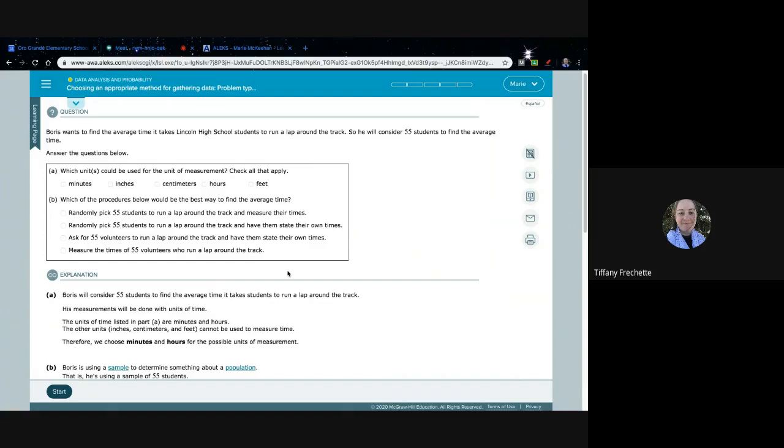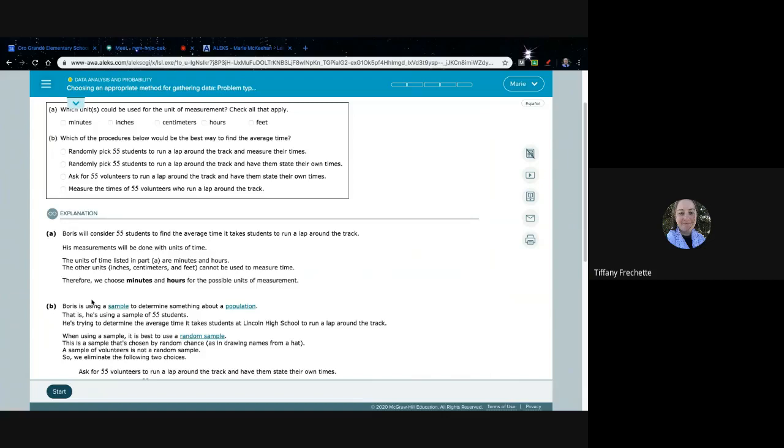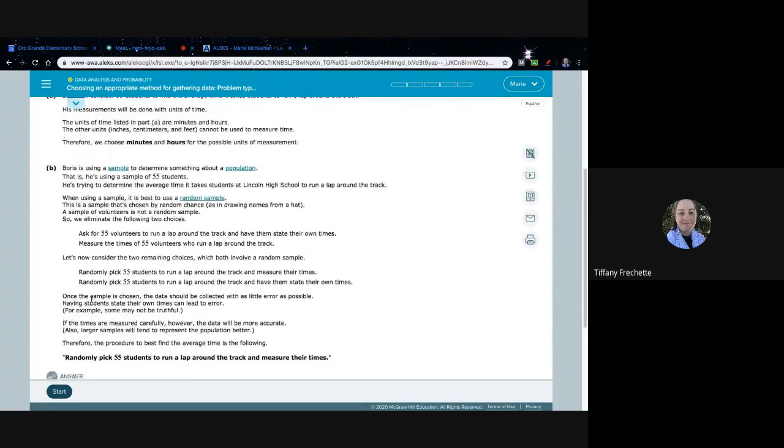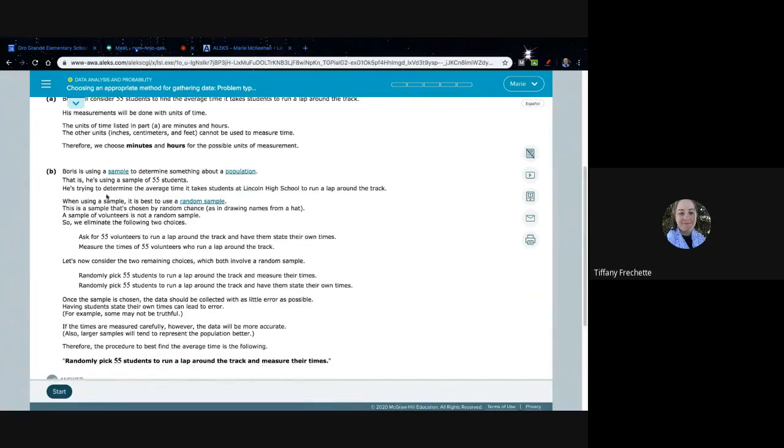All right, so this one's a little bit more difficult to determine, because the first one hopefully was a little easier. We know we have time, so we have to focus on time, and it's one lap, so minutes. But let's read through down here. So they're going to give us reasons why we should choose randomly pick 55 students to run a lap around the track and measure their times. So looking through here, it says